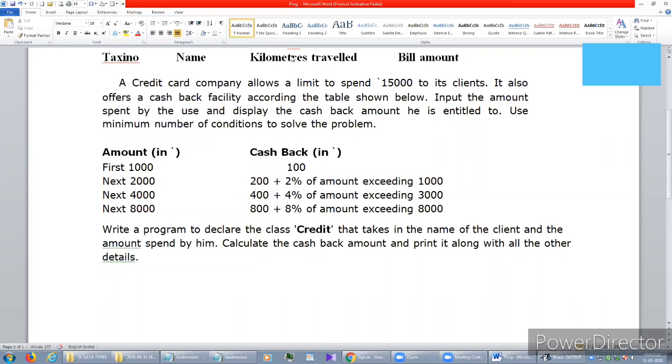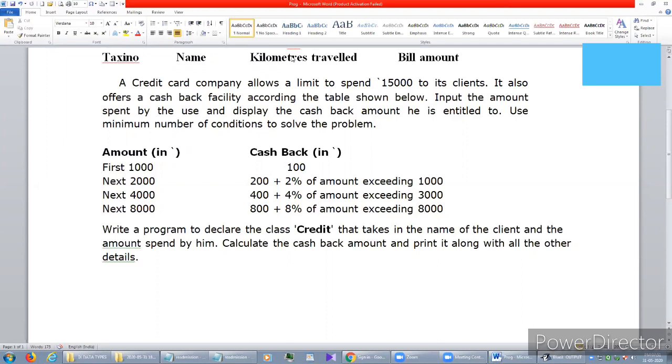Now one very logical question: if I spend 100 rupees, then will I get 100 rupees cashback? No. So keep this in your mind. The user must reach 1,000 for cashback to apply. If less than 1,000, no cashback is there. You have to keep these things in mind.